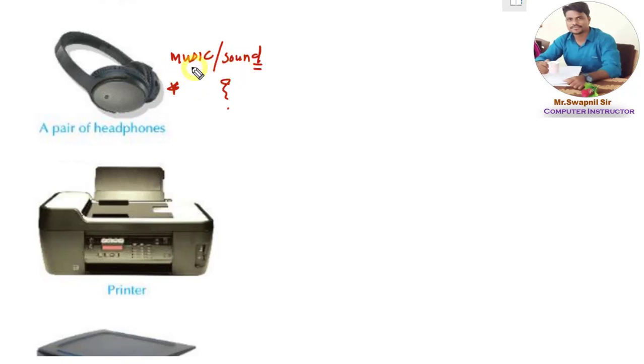See, if you play the music on speaker, other person will get disturbed. Okay, but if you play the music over headphone, then only you, one person, can listen to the music and other person doesn't get disturbed. Okay, so this is the main difference. So here I'm writing other person don't get disturbed.